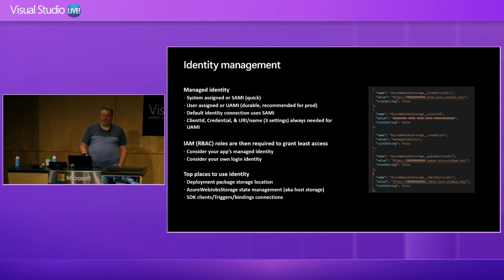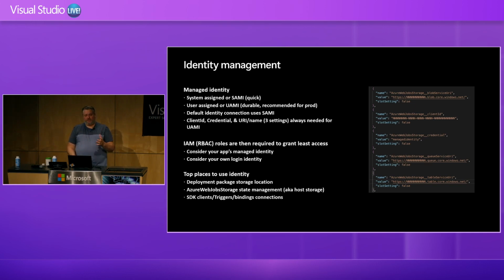There's a few places in Azure functions that you would use identity for. One is deployment package storage location, especially for flex consumption. You can either use a connection string or a system assigned or user assigned identity, and you can tell it that it's in a different blob storage account than your Azure Web Job Storage. So if you want to have different teams that do different parts of it, and one does the deployment and the other manages the running of your function app, you can separate those two. So you can use that identity to access the deployment storage.